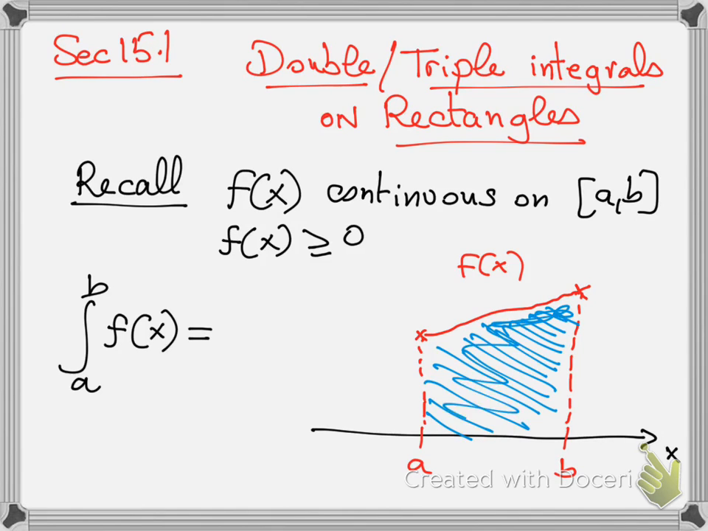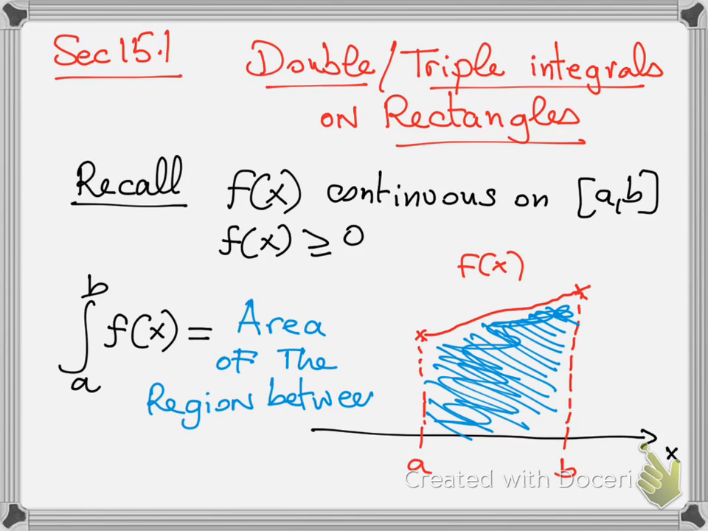So this region here. The integral of f of x from a to b, that's the area of the region which is between the x-axis and the graph of f of x. Okay, so that's the interpretation of the integral of a function of a single variable. Okay, now